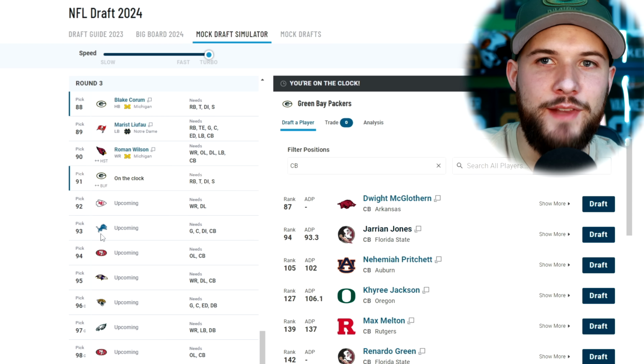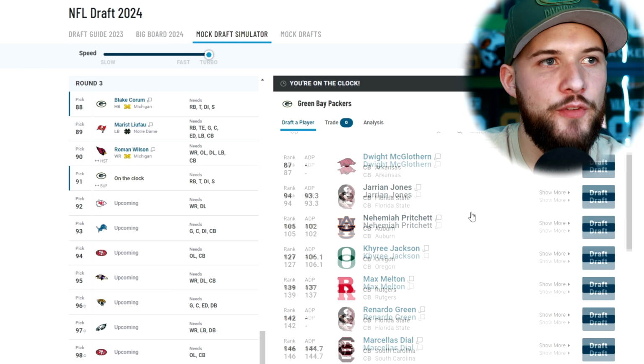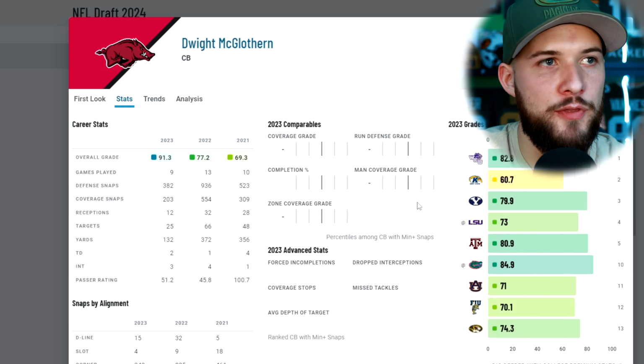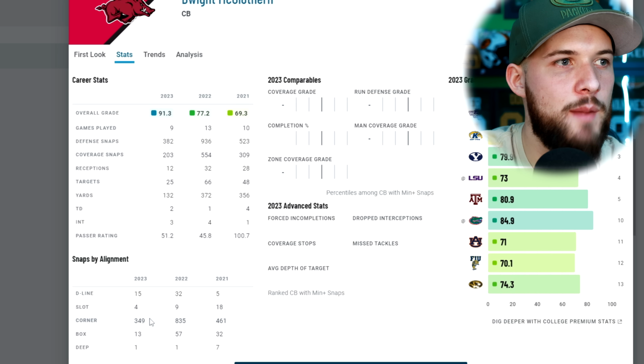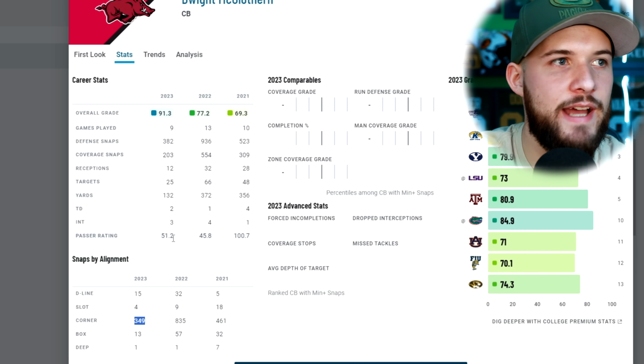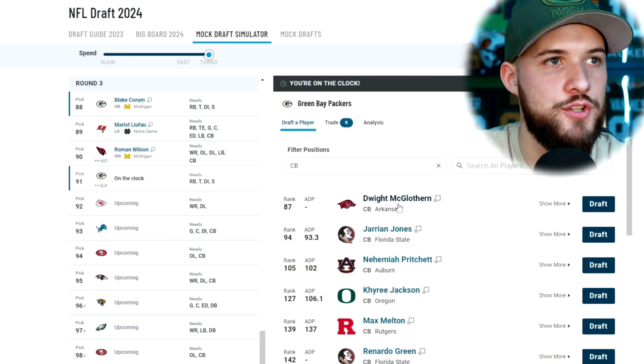Here at our last pick at pick 91, I am going to go after another defensive back, but this time a cornerback. And there's some options here. We have Dwight McLaughlin from Arkansas, who had a wonderful PFF grade last year, 91.3, primarily an outside cornerback, allowed 2 touchdowns, had 3 interceptions, only allowed a 51.2 passer rating, a 6'2", tall, rangy cornerback, 188 pounds, a senior